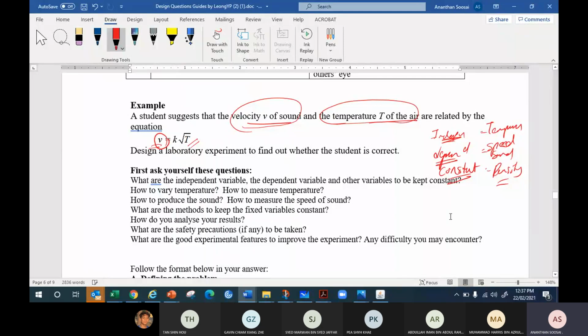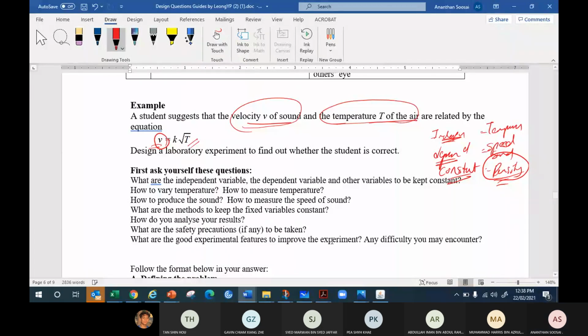In this case, maybe it's a big transparent glass container. You don't need to worry about the availability of the instrument. You must state what needs to be used, like you are designing one, maybe the design is not there. You are telling there is a need to put all the instruments inside a closed container. There's a very good scientific reason, right? Why do you need to put it in a closed container? Because you want to make the density of the air constant. Okay, we can have one, but you are just telling the scientific reasoning why you need to have a closed container.